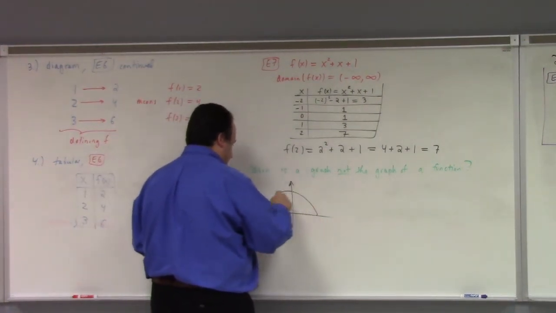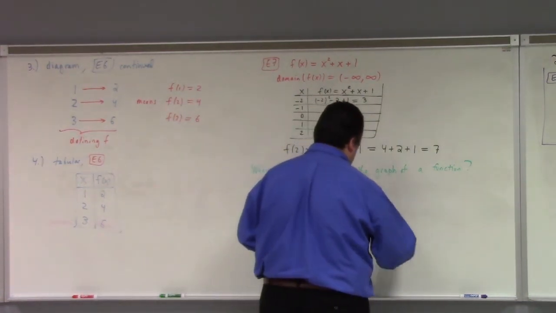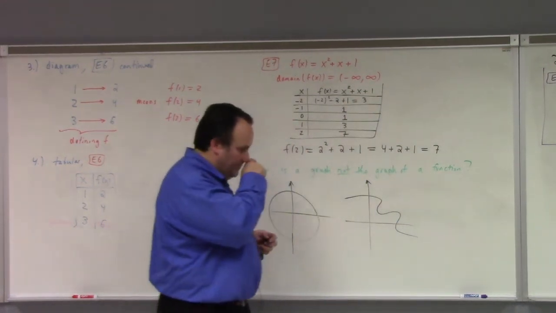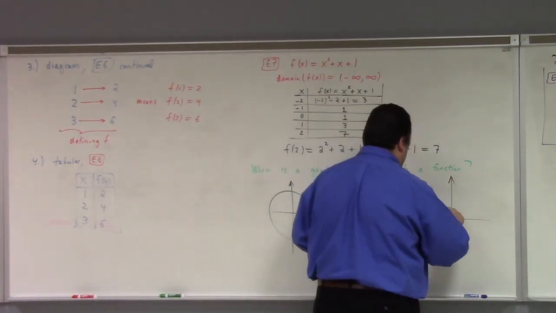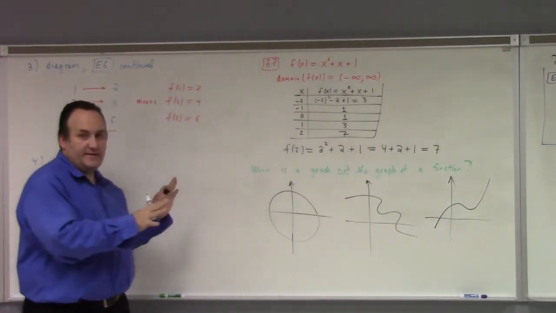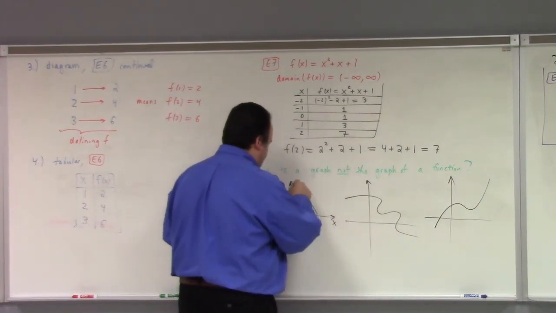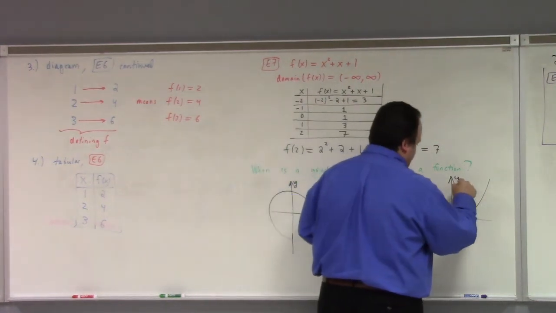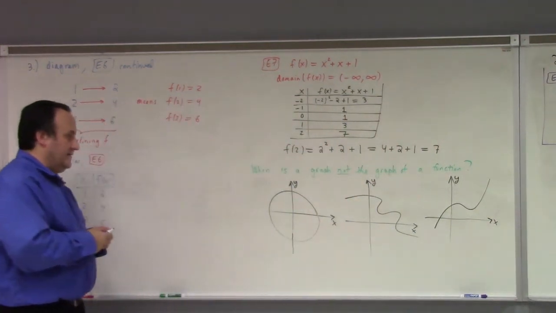So we could have something like this, right? We could have something like this, all right? And we could have something like this. These are all graphs in the xy plane. A graph in the xy plane is really just any old subset that you can imagine. So, what constitutes a graph in the xy plane? It's just a subset that you're picturing, okay? Could be all kinds of things, right?